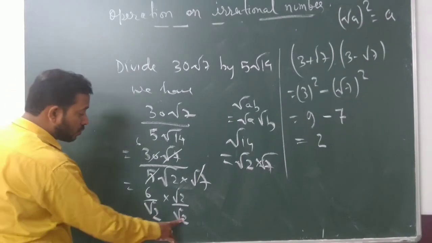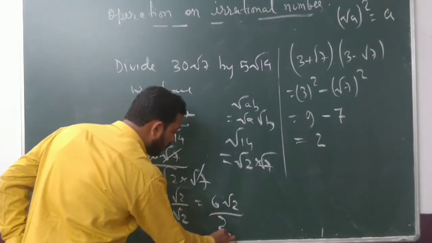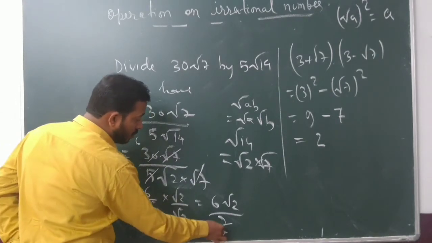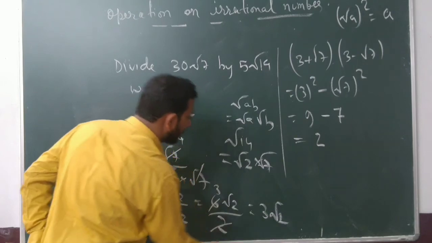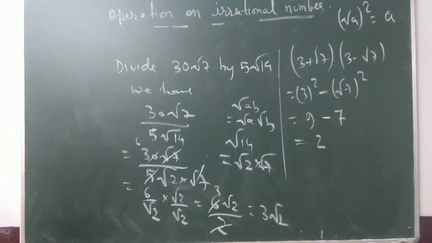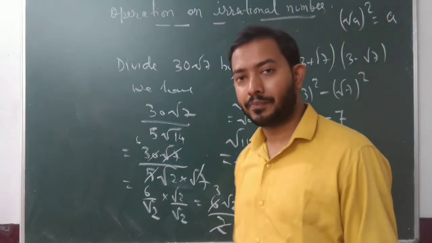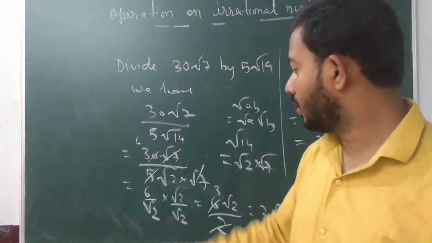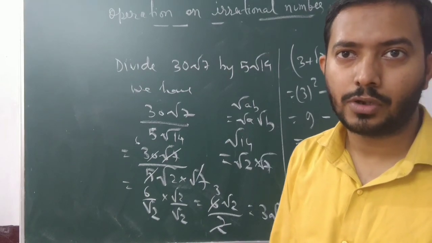Why? Because root 2 times root 2 will give you 2. So we will get here 6 root 2 by 2, and now this will cancel, 2, 3, and our answer is 3 root 2. You can see that is the standard answer we are getting. So division is very interesting because here we are applying the concept of rationalizing the denominator. Okay, I hope you people have